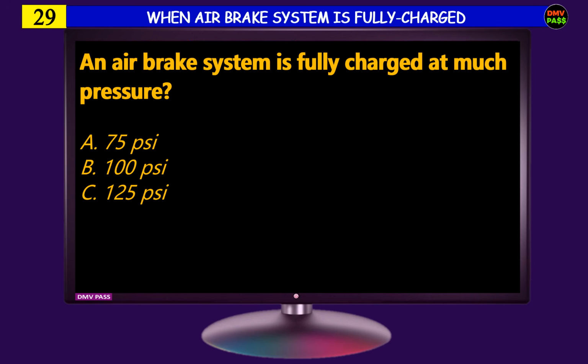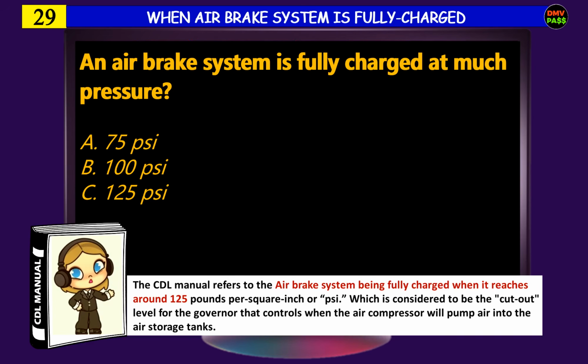Next question. 29. An air brake system is fully charged at how much pressure? A. 75 psi. B. 100 psi. C. 125 psi. Note: the CDL manual refers to the air brake system being fully charged when it reaches around